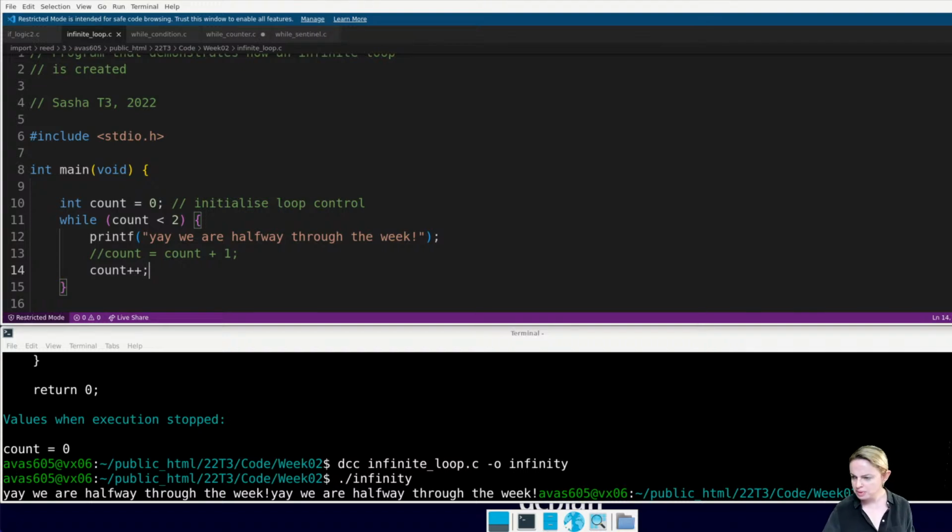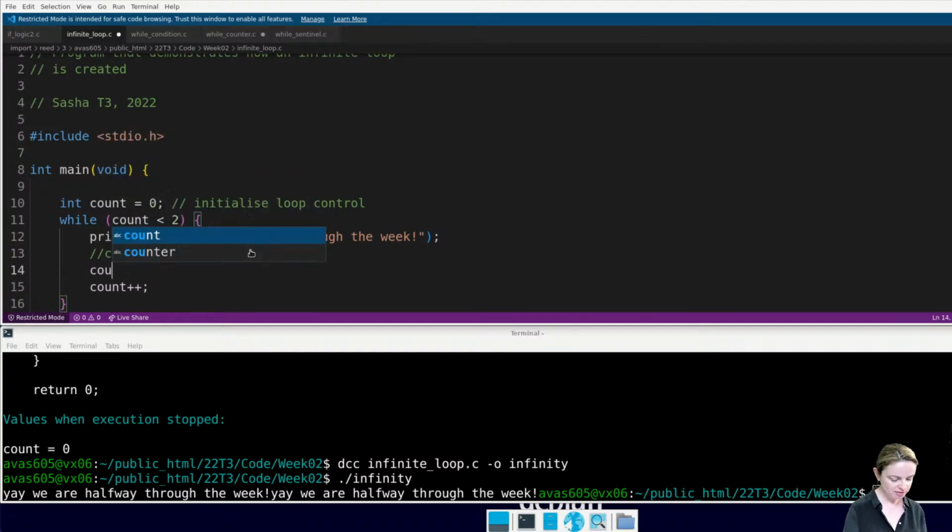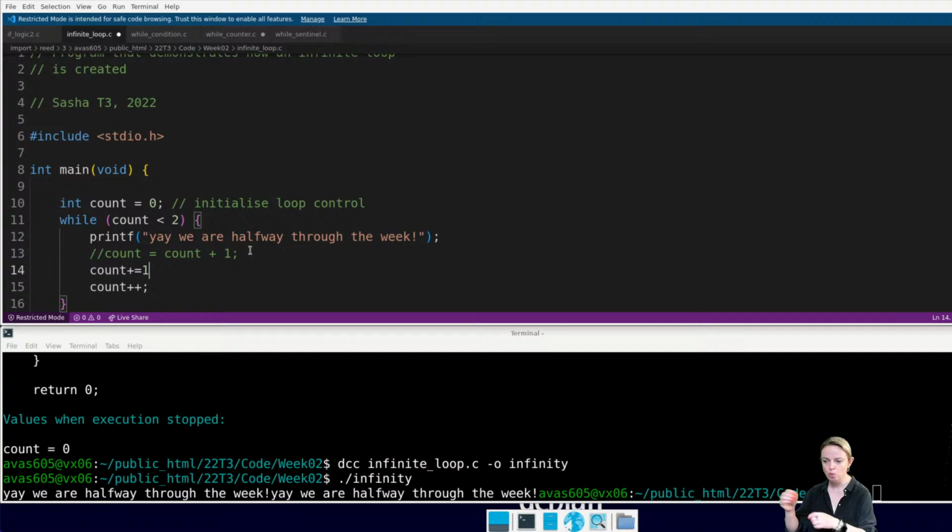Someone asked, what does plus equals do? If you have count plus equals 1, it means that you're adding 1 each time, and you can do 2 here and it will add 2 each time, or you can do a multiply here and it'll multiply by 2 each time.